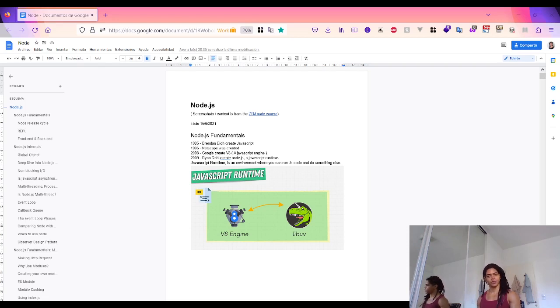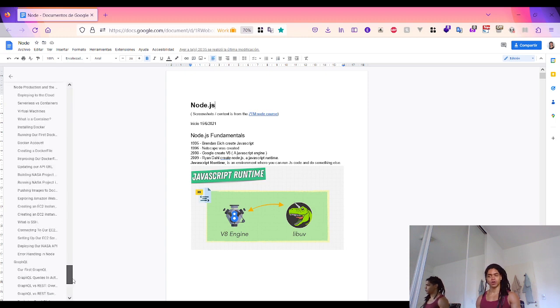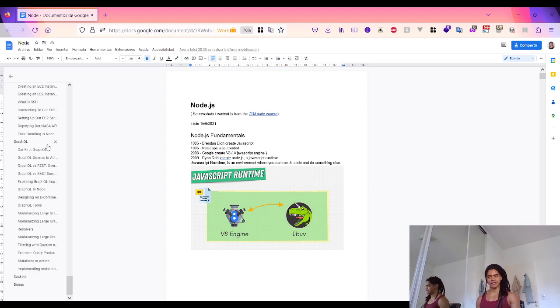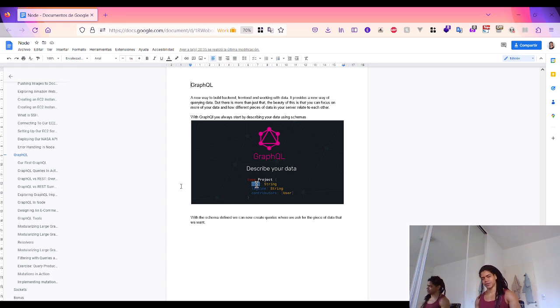And here we are right now with Node.js, specifically on the GraphQL section. Okay, so quick recap. GraphQL is a new query language. It's a new way of building front-end and back-end applications. So the beauty of this is that we can see how all of the different pieces of data relate to each other in our server. So with GraphQL, it all starts by describing our data using schemas,